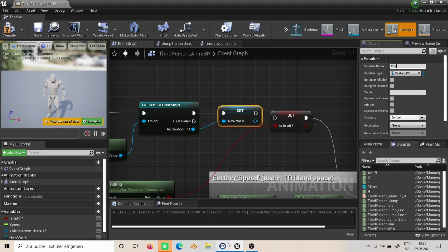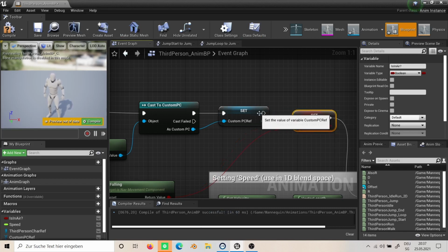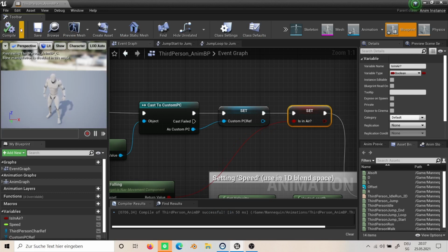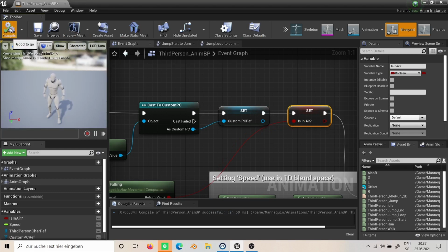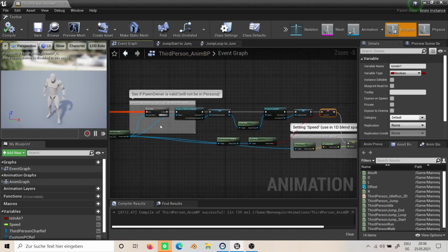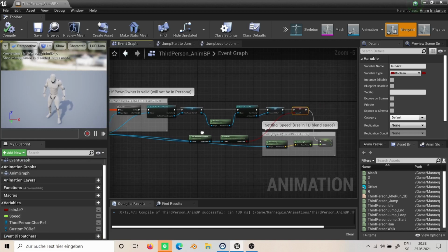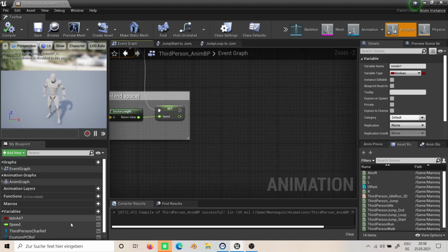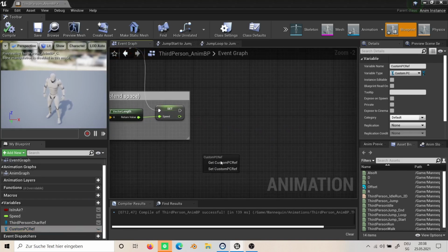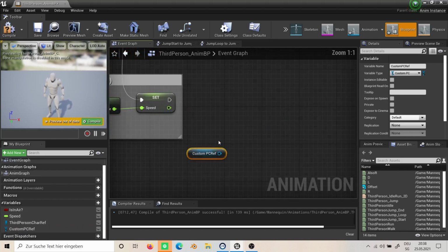Call it custom PC ref and hook up this stuff back, compile. By the way, in here you can save on compile, so with one click you can save. All right, and now we have those two references and we can always use them whenever we want, and we want them right now, especially this one, the player control reference, because if we go from here we